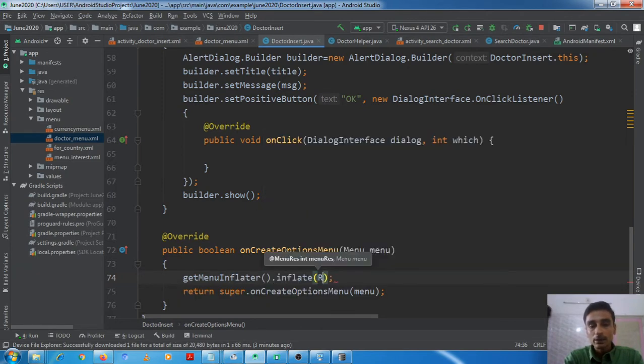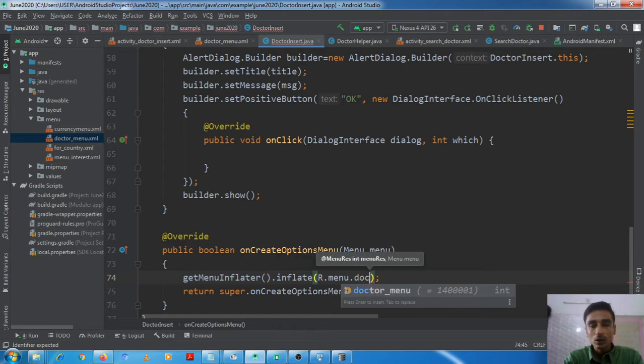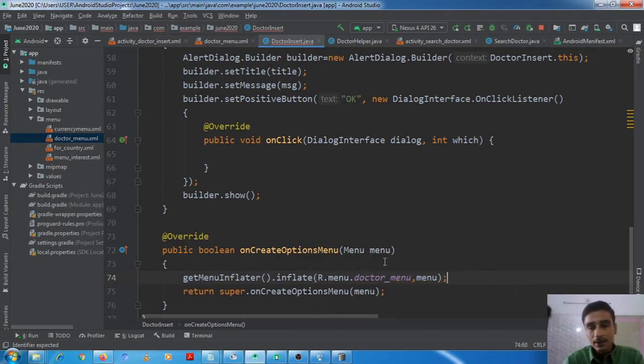I need to inflate the search menu. What is the name of the menu? Doctor menu. Okay, and what is the parent menu? Menu itself, which is passed as an argument.